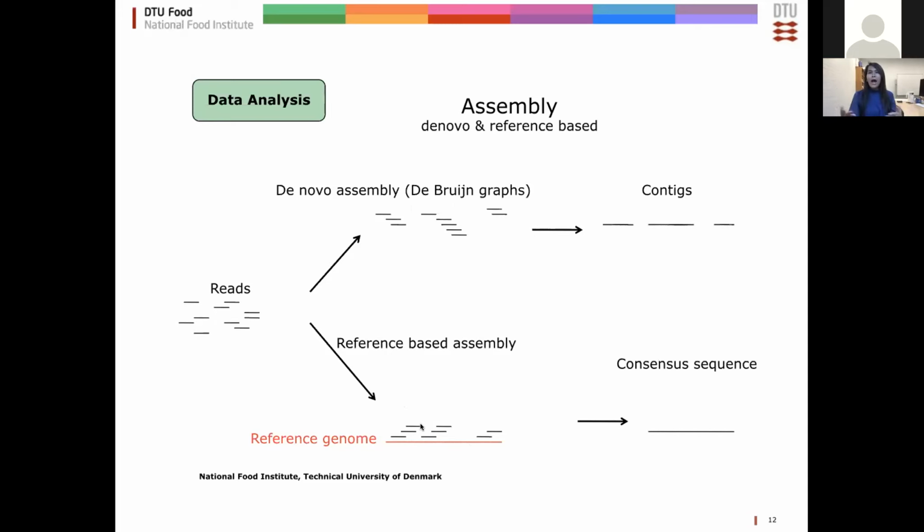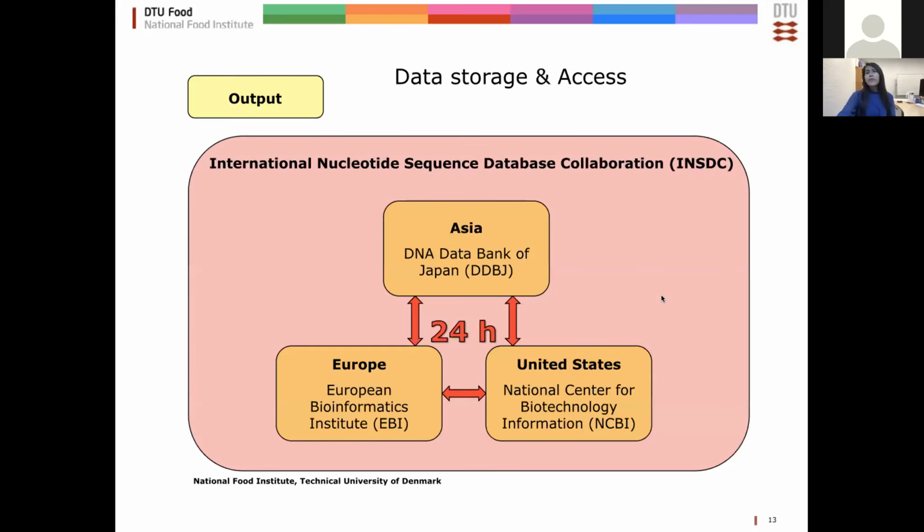You might want to identify any differences between your strain and the reference genome, and you can also do this by mapping. All of these things, you will not do by yourself, but you use a computer program to do it. And if you ask me how you can find this sequencing data if you don't have any, you can